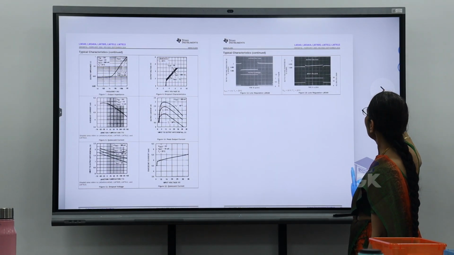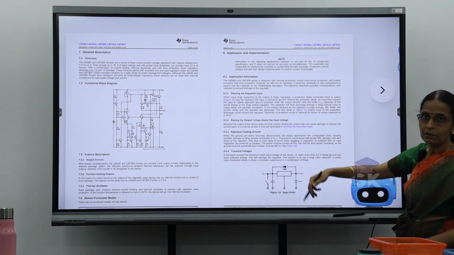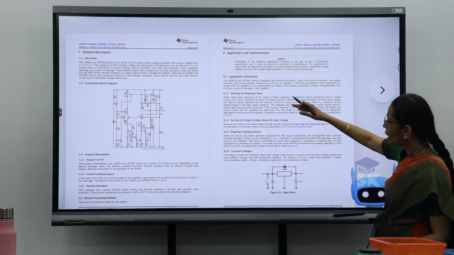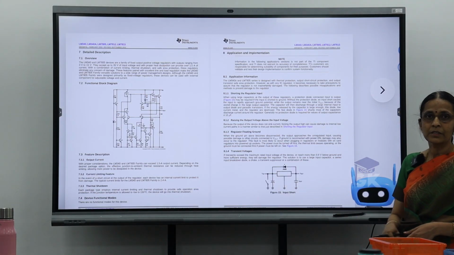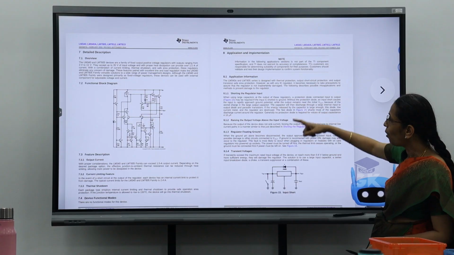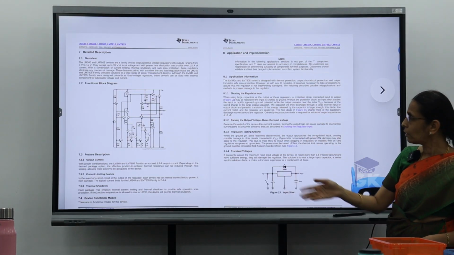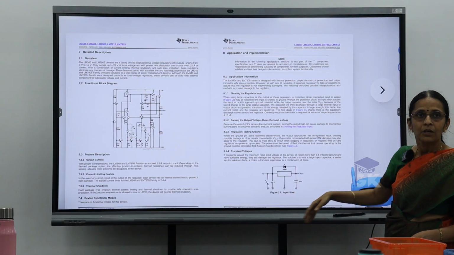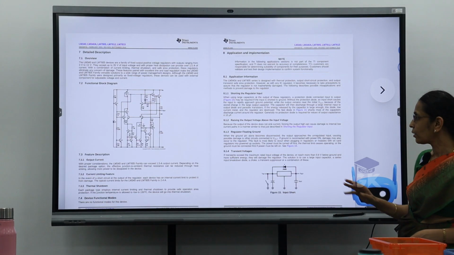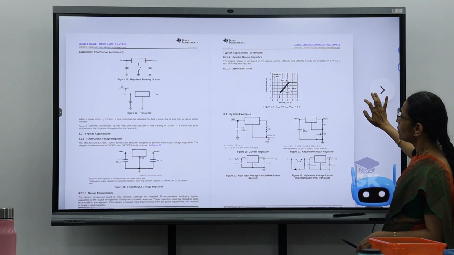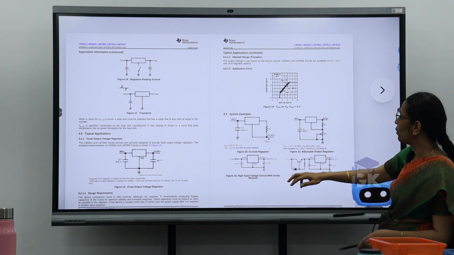Rest all is not required. These are all with respect to the curves. And here when you check for the applications, you can have many circuits listed. For the usage of these 78 series ICs, you have a lot of applications listed. So you can explain to your students, a detailed account is given here. You can explain to your students and then you can make the applications also work. So you can see here, typical application, fixed output voltage regulator, that is what we will be doing.